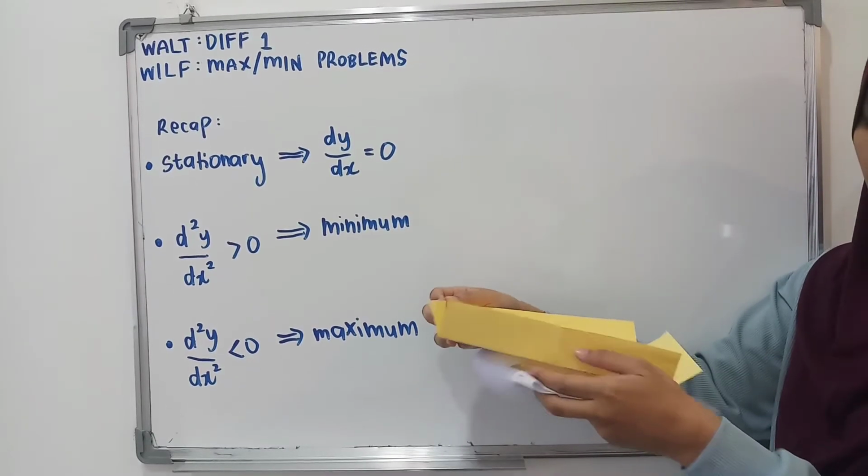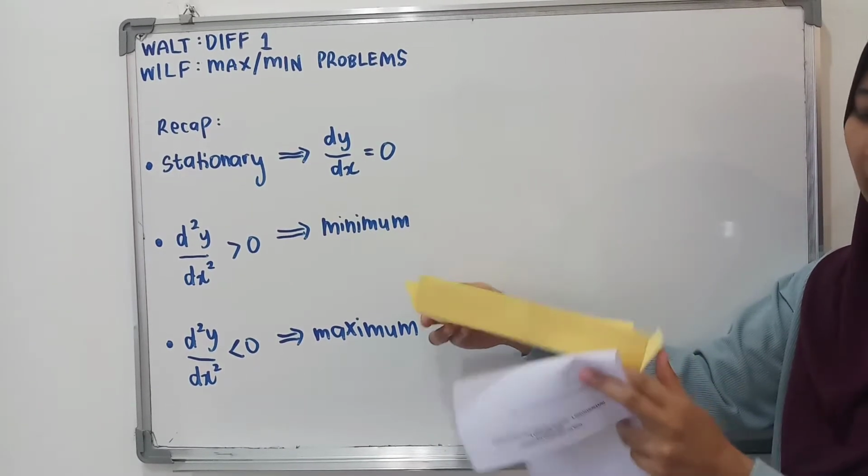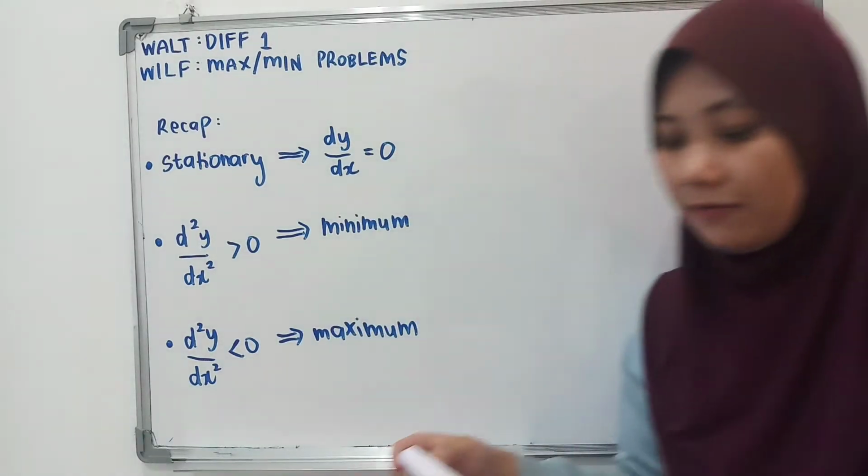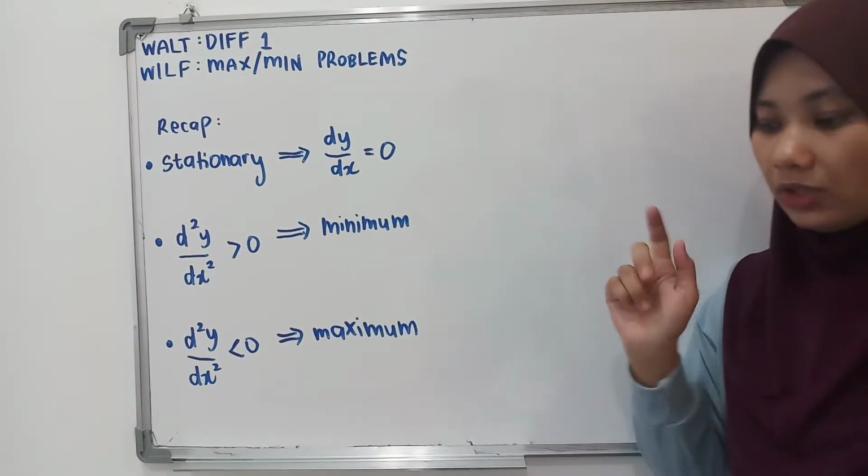One shape like this, like a container like this. Okay, so given that we have a dimension for each side, so let me